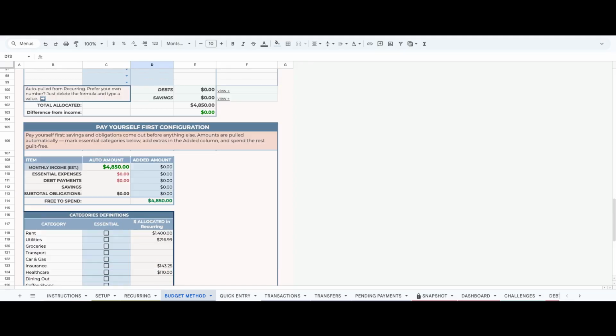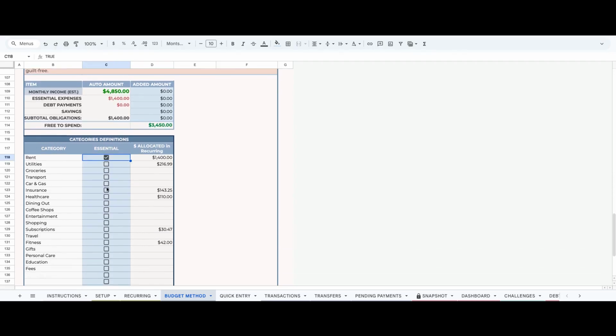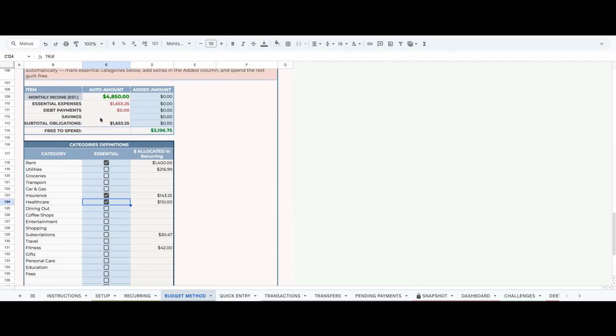In the Pay Yourself First method, savings and obligations come out before anything else. Mark your essential categories, and the sheet pulls essential expenses and debt payments from recurring. You can add extra amounts on top. Based on that, the spreadsheet calculates your free-to-spend money automatically, so you can quickly see how much flexibility you have